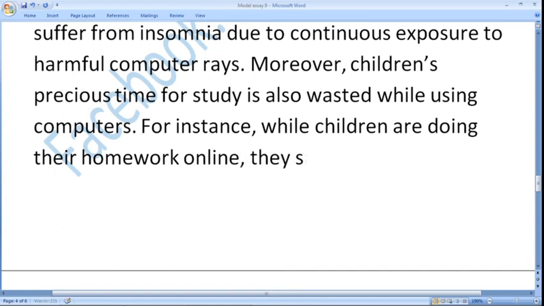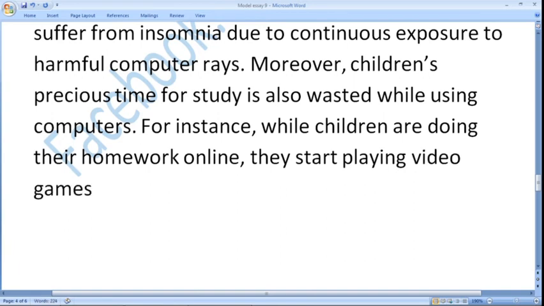They start playing video games or watching movies. As you can say, they start playing and they start watching. This is a similar form, this is called parallelism. If you don't know what parallelism is, you can watch my complete video in the grammar course on how to use parallelism. This is the gerund form. Or watching movies, and what would be the effect?